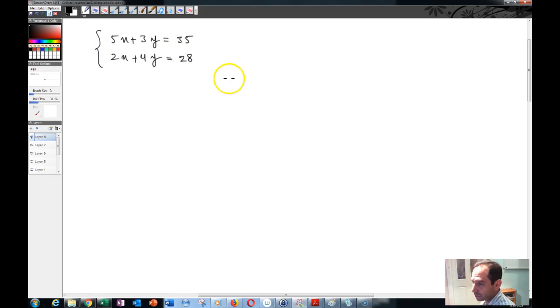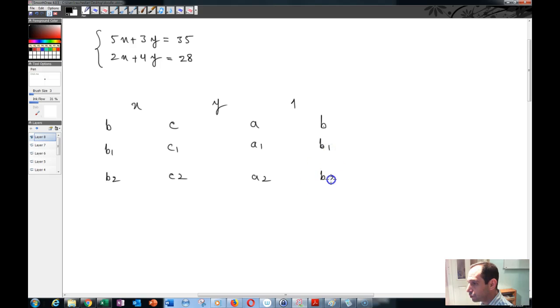Okay, and then we said that in order to use those formulas, the way that you can remember them is you write x, y, and 1 over here, and then b, c, a, b. So you write here b, c, a, and b again, and then here you can write b1 and b2, c1 and c2, a1, a2, and b1, b2, and then you can cross multiply